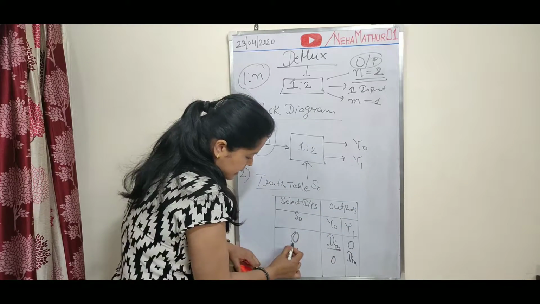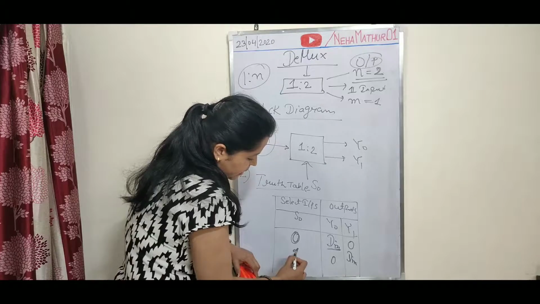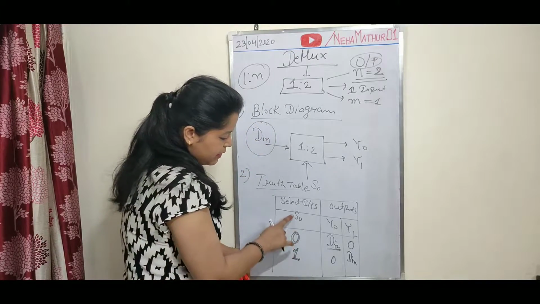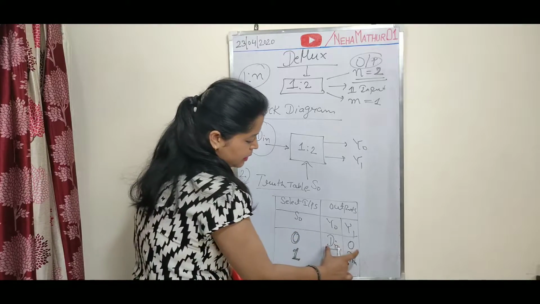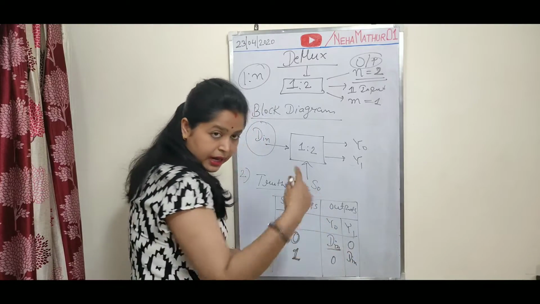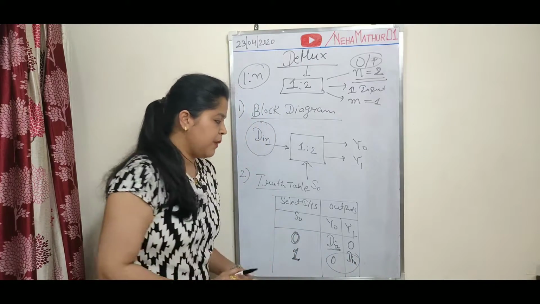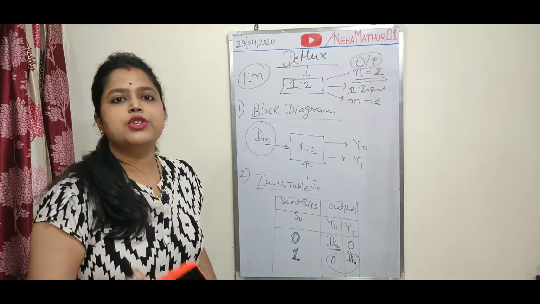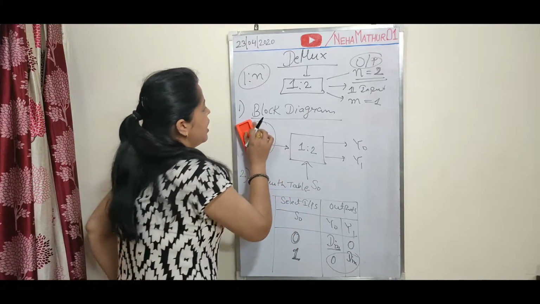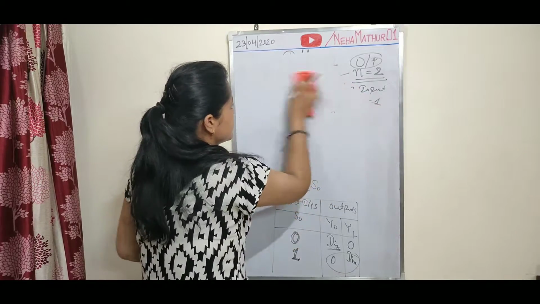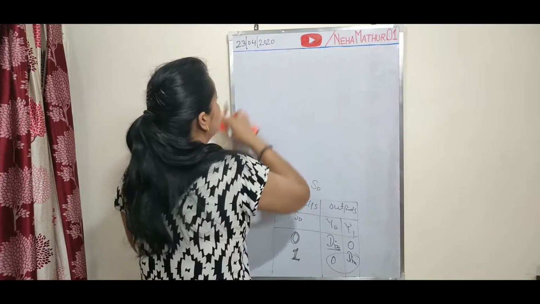Now the selection of this particular binary value depends on you. Here I am dealing with when S0 is equal to 0, then input will be distributed like this, and if S0 is equal to 1, then it will be like this. So this is the truth table for 1:2 demultiplexer. Now the next is Boolean equations for outputs.